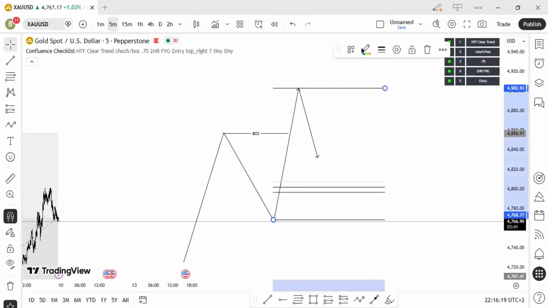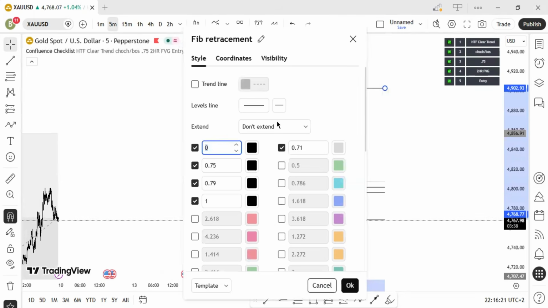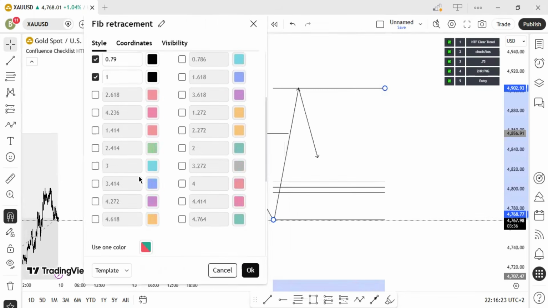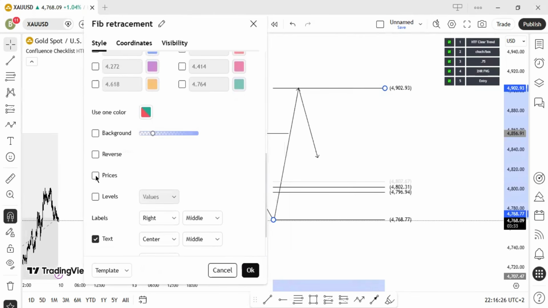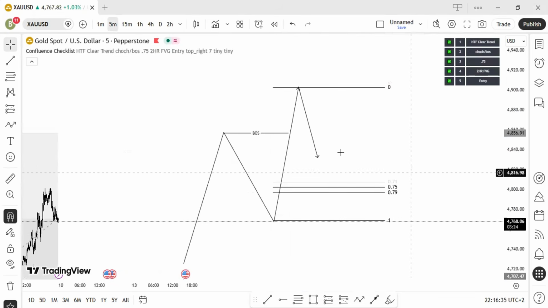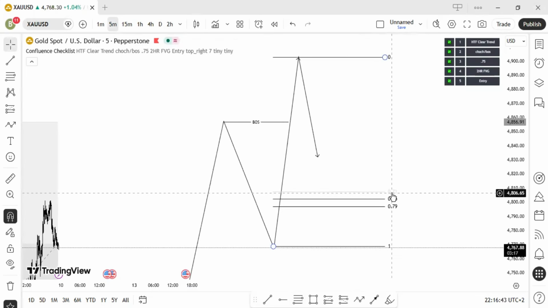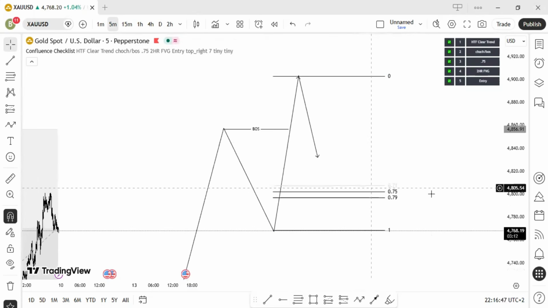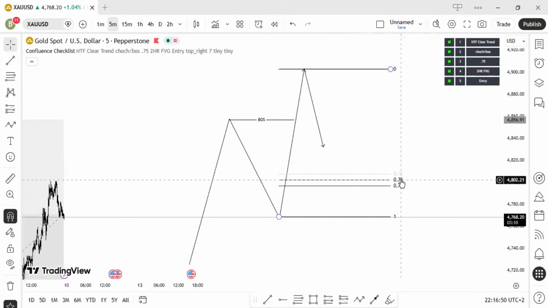Now on your fib settings, these are the fib settings. We're gonna have levels. So we're gonna have the 0.75 and then we're gonna have the 0.79. The person I learned this from, Ara Trades here on YouTube, uses the 0.71. I still have that marked out there just to keep an eye on it. I don't really take my entries from that, but I use the 0.75 and the 0.79 and a fair value